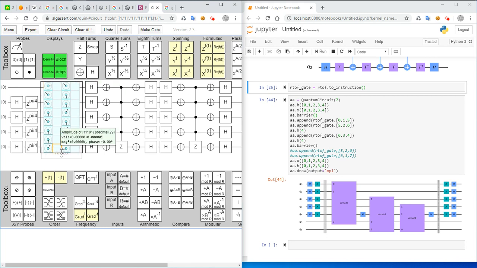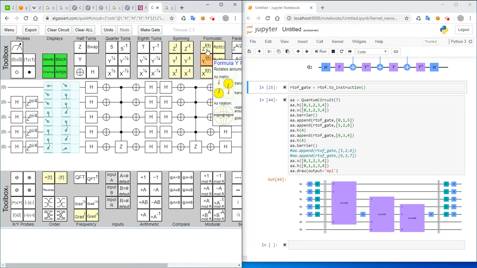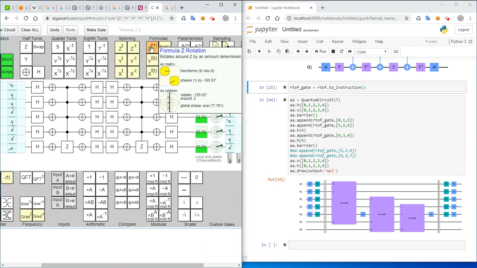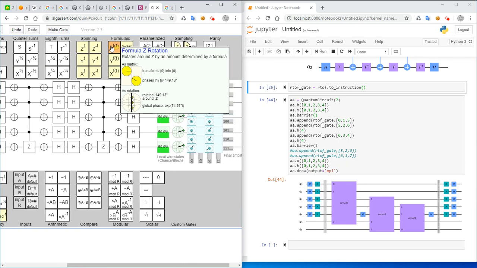This is kind of correct. So this here, pi fourth. Maybe that's the wrong parameterization. Give me a second. Any amount determined by a formula. Okay, but